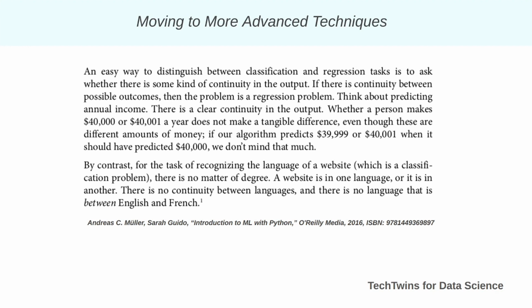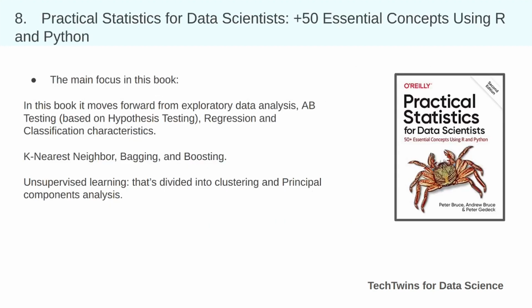If not, you can move to the next book, which is Practical Statistics for Data Scientists, 50 essential concepts using R and Python. I want to highlight that starting from this book, you are going to build up a clear advanced mechanism in your projects. So this book moves forward from exploratory data analysis, A/B testing that is based on hypothesis testing, regression, and classification characteristics. A pretty crucial part is the statistical machine learning section inside this book,